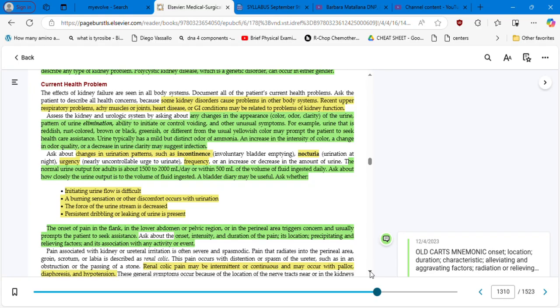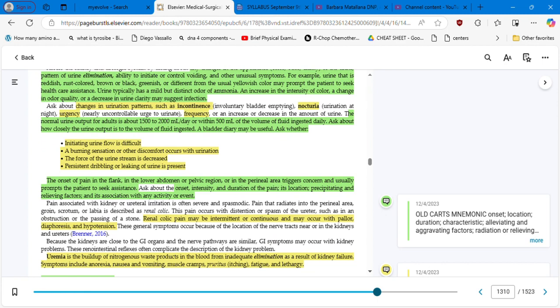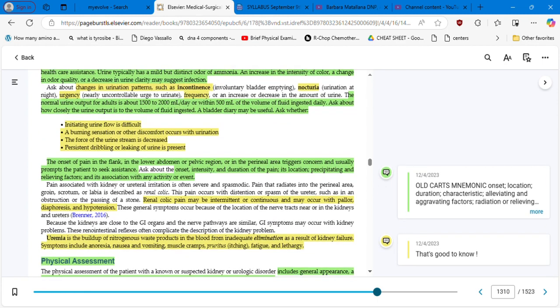Urine typically has a mild but distinct odor of ammonia. An increase in the intensity of color, a change in the odor, or a decrease in urine clarity may suggest an infection. So also you are going to ask about urinary patterns like incontinence, nocturia, urgency, frequency, burning sensation also,